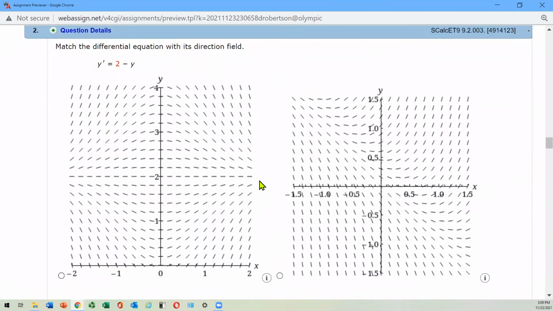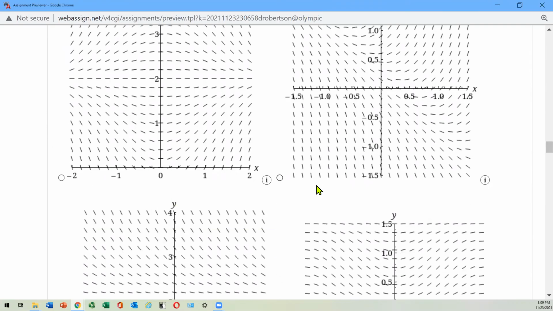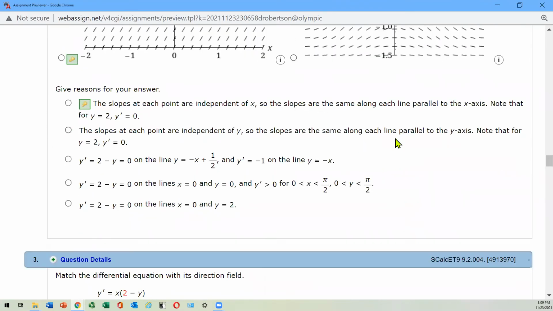Now, in the next group of questions, it's really just a matter of going back to the software that I talked to you about. dy/dx is 2 minus y. Looking at their picture and then saying which of these it would fit with. So I'm just going to take a note of a couple of these equations and we'll try out the software. So the first one was y dashed, which is the derivative, equals 2 minus y. And another one,